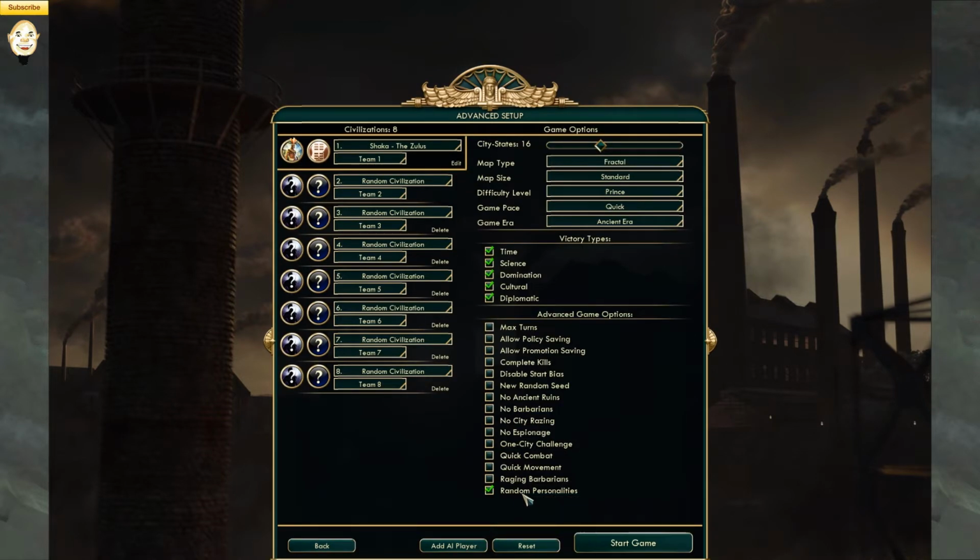I enabled random personalities because I want the civilizations to be random. Because, you know, sometimes you see a leader, let's say Vikings, Denmark, you will know that they are going to be aggressive. So by making them random, it will seem that hey, I have no idea how they play, and it will allow me to know them. I'm also going to increase the city states to 18